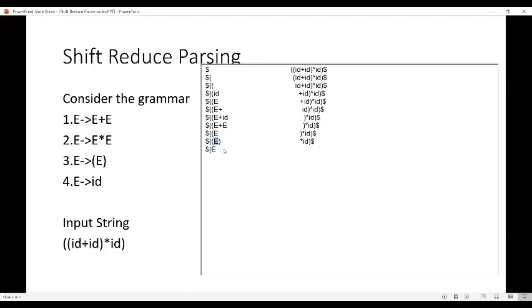After reduce operation, the input content would be asterisk id closing parenthesis dollar.